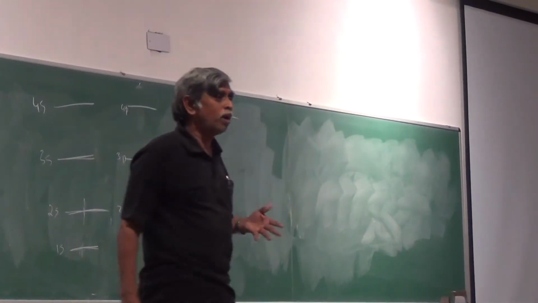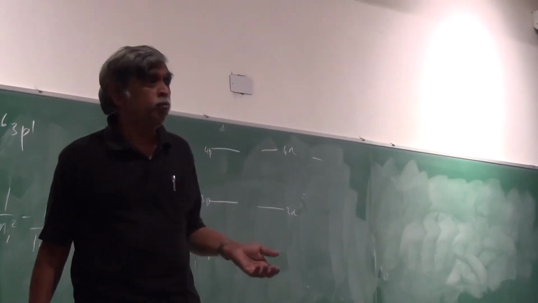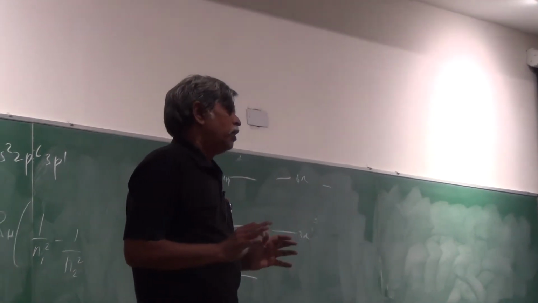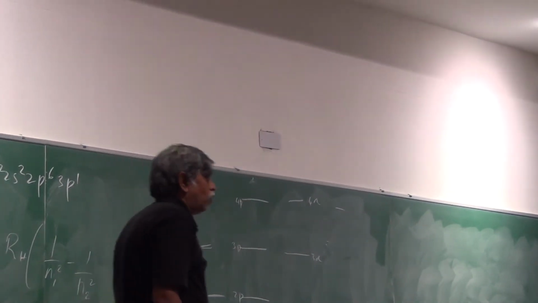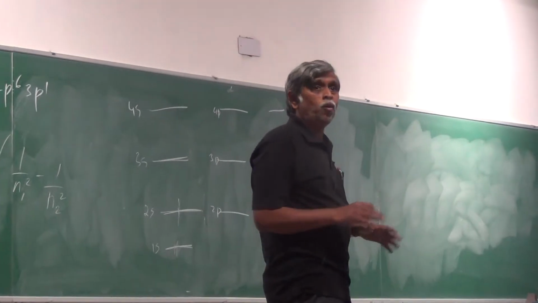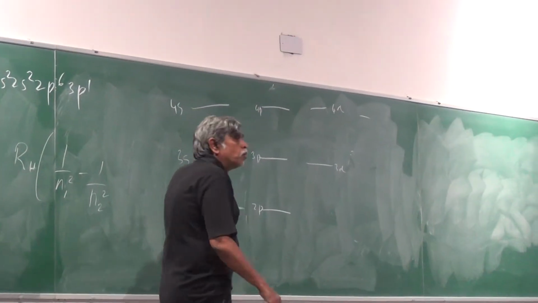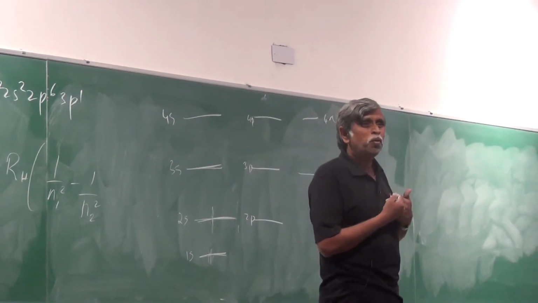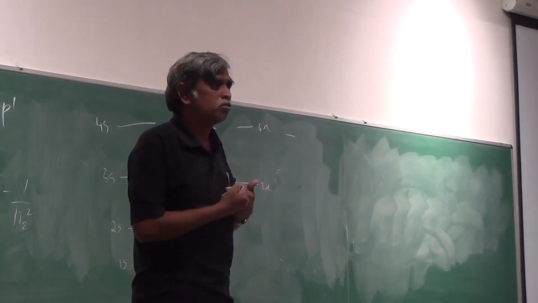Delta J equal to 0, even in absorption. Delta J equal to 0 in Raman was more meaningful, and we went through that argument as to why it should be meaningful. But delta J equal to 0, at least for a diatomic, no. We really didn't see that. But then, with the polyatomic and nonlinear and all that, you start seeing these delta J equal to 0. And there's a reason, or there's a method, and all that matters. But we will not get into that situation now. So you have this delta J equal to plus minus 1 as the more common selection rule that you have already come across for rotations.